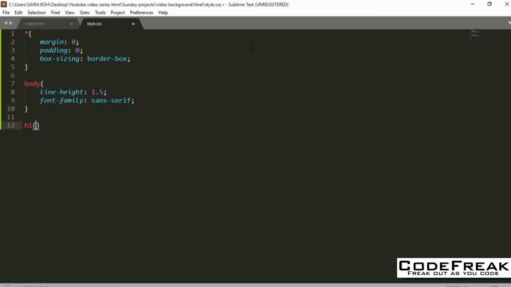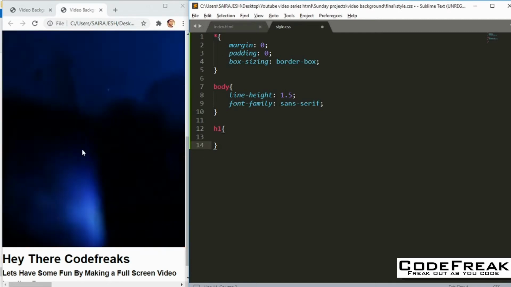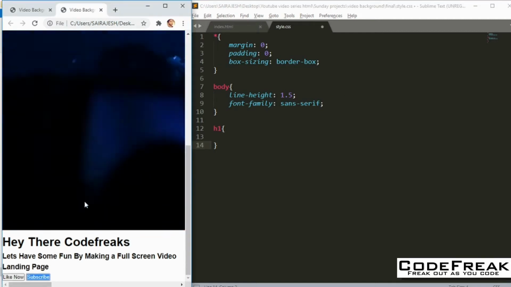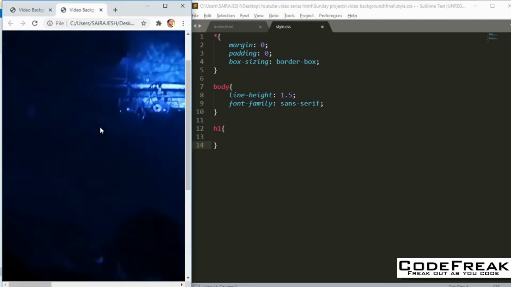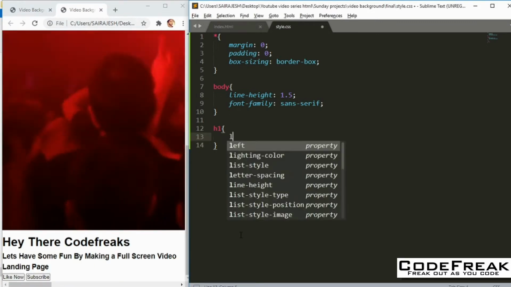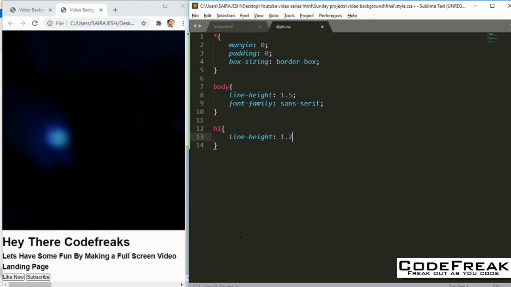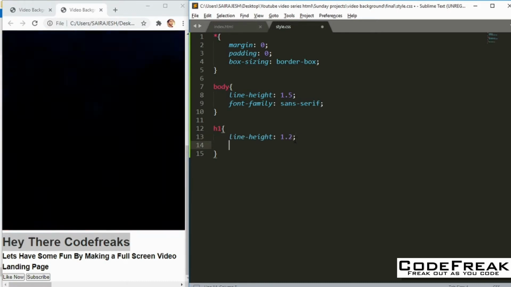And then we'll select the h1. We want it maybe a little big, so this is fine. I've just adjusted it so that we can see simultaneously what's happening. If I click here and scroll down, you can see that we have the two buttons and stuff like that. Now let's design the h1. First I'm going to put in line height. I'm going to make it 1.2, so it looks like one component. That's the idea here.